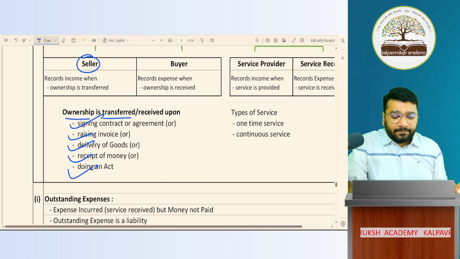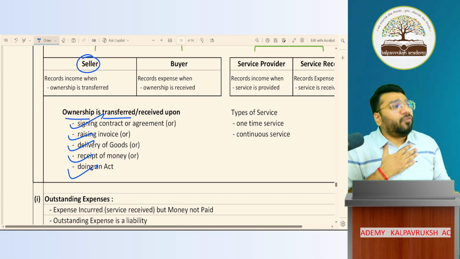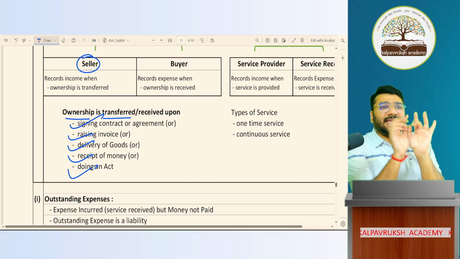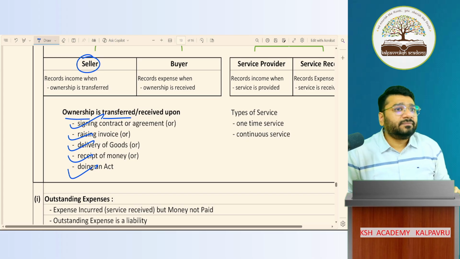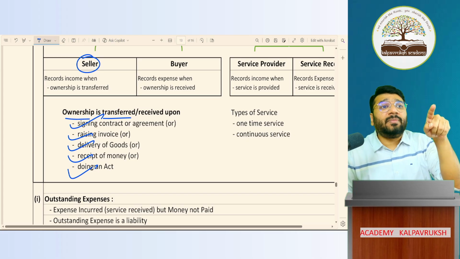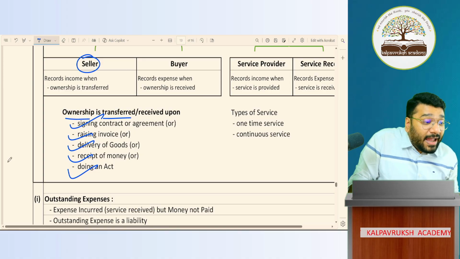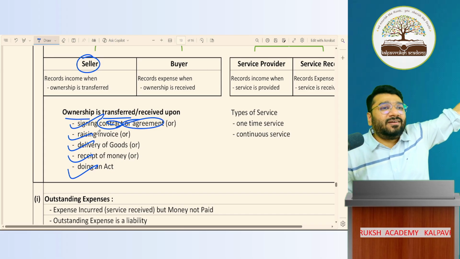Okay, now tell me one thing. I want to sell the land. For land, what invoice will I prepare? You said very conveniently, sir, I'll record the sale on the invoice day. But for land, what invoice? Then what documents are there for land? Sale agreement, sale deed. So the day when you sign the contract for selling, that is the day when the ownership is transferred. Got it, not got it?